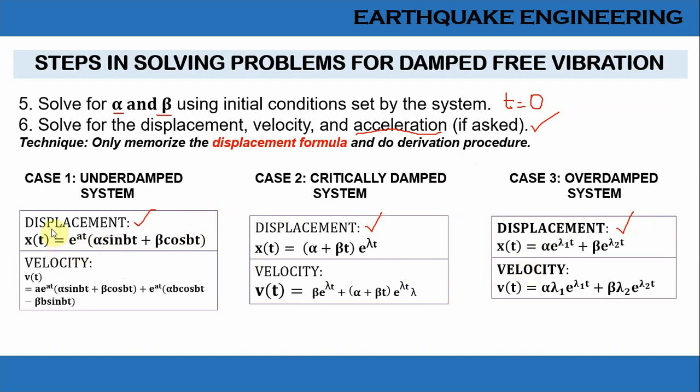Okay, so for example diri sa katong case 1 for the displacement, kani pwede na nato siya gamitan og product rule, diba? Product rule, then we can get the derivative, which is this one, velocity, and derivative again for velocity. Una na to ang acceleration. Acceleration is equal to v prime t, or is equal to x double prime t. So ano siya? Okay, imo na siyang i-derive ang velocity. Then you will have your acceleration. Now for a critically damped system, here we can use gihapon ani,